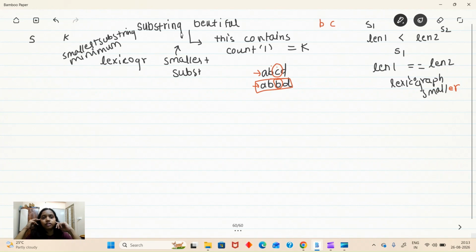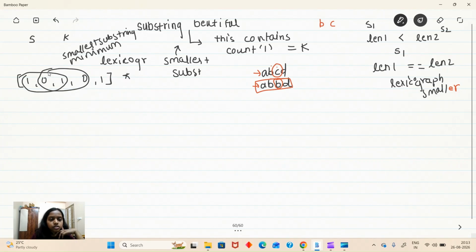And what we are doing repetitively is counting. Let's say we have an array, 0 1 1 0 something something, and we have some k. Every time, this is one substring, this is one substring, this single element is also one substring, these two are also one substring. So there are many substrings you will get, and finding the count for each is repetitive. For this substring we are finding the count, and for this whole substring we are also finding the count and traversing again. So instead of this, we can use a sliding window.